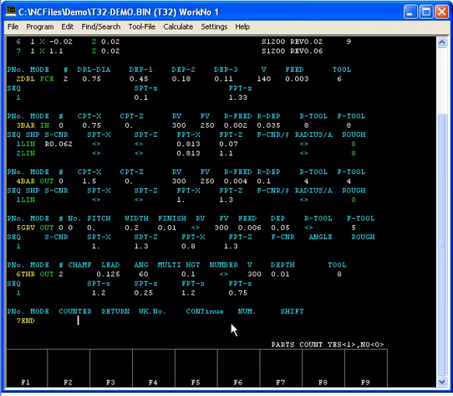So as you can see, you can edit pretty much just like what you would be looking at on the Mazak. It's showing you down at the bottom the buttons, it's showing you the prompts, and so on, pretty much like you would see on the Mazak. That's the T32.